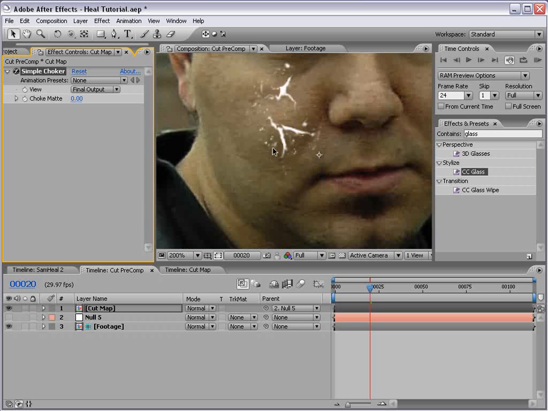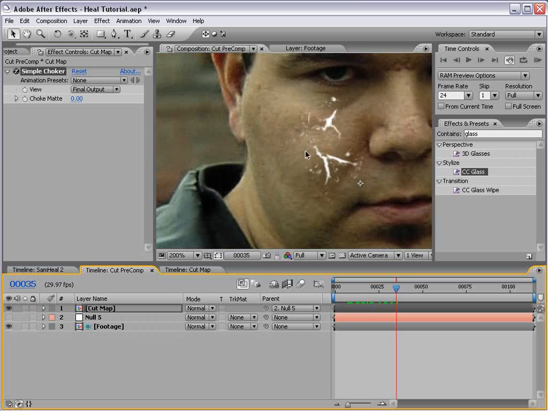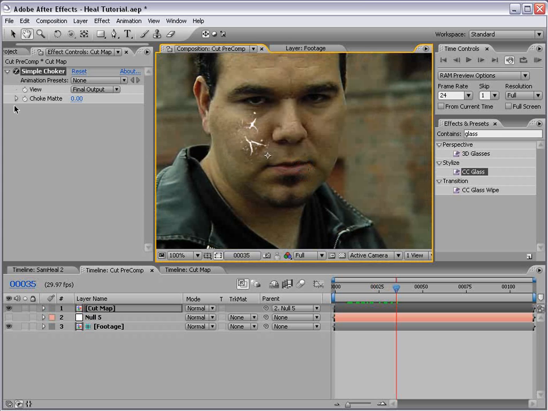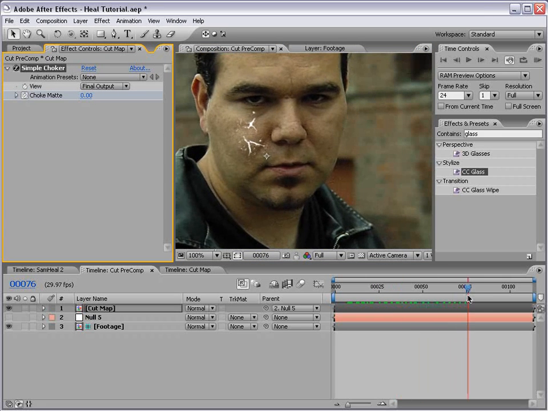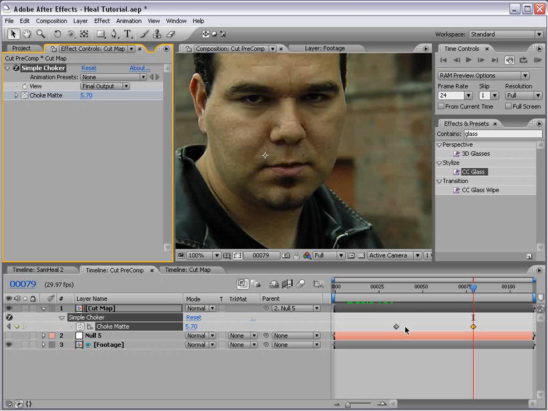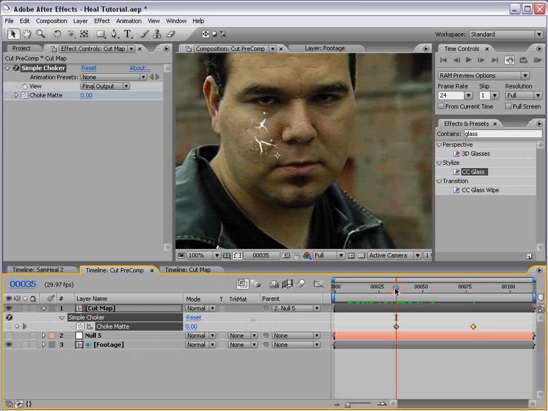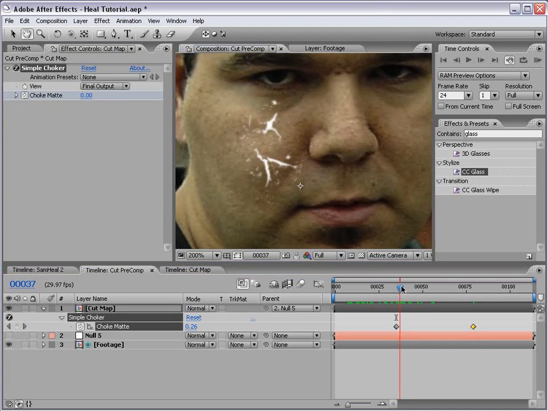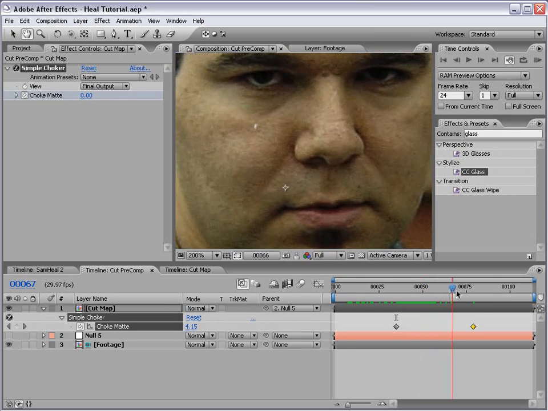Now it's going to be tricky because we're going to have to play with the animation speed, but basically we'll time this up to about here, set a keyframe for the choke matte. I'll move forward, set the choke matte to maybe 1 or even more than that, about 5. Then I'll hit U, and so now we have our keyframes, but the problem is a lot of the stuff goes away in the first part. See that? And then it kind of sits here for a few frames